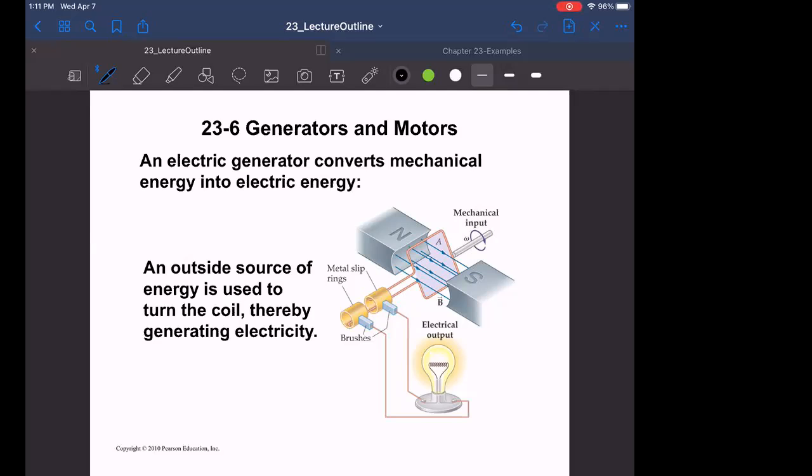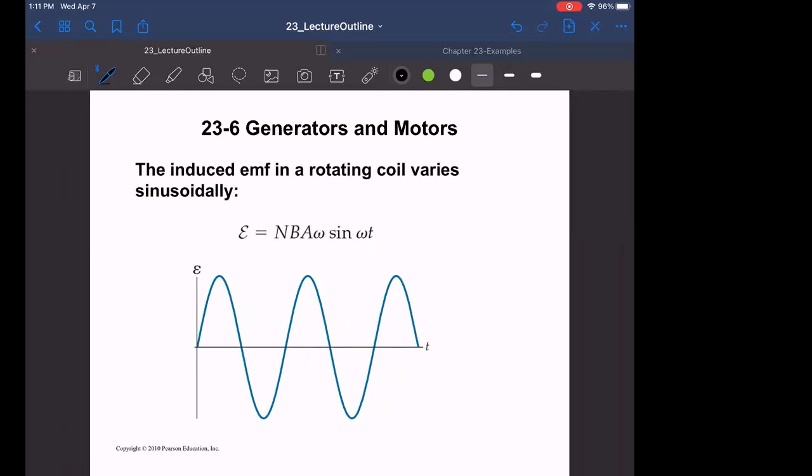So we generate electricity. The type of electricity you generate looks like this. It is alternating. So you get an alternating voltage that's going to push and pull charges one way then the other, back and forth, in a sinusoidal manner. Here you can see what it's going to depend on: N times B times A, that's all dealing with your flux, and then the sinusoidal nature of your changing flux, which is going to create that changing electric field, which then creates a